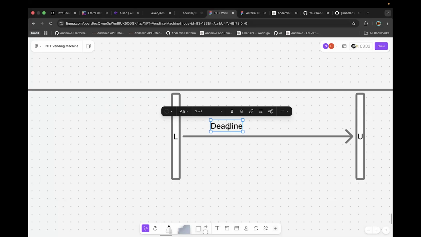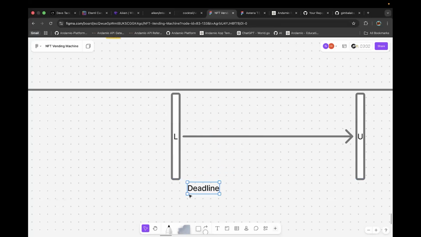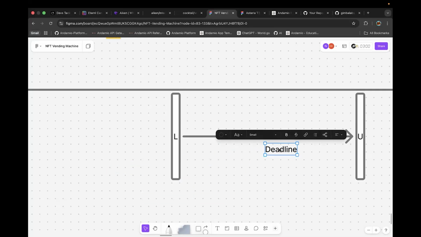I don't know how to do that, but I think we can basically use this same logic. So we have a validity range from lower to upper, L to U. We can use that to check. So if the deadline is greater than L, that means we have not exceeded, or we have not reached the deadline yet. But then if it's less than U,